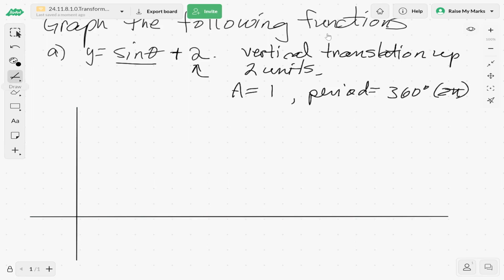All right, let's mark off some points. Let's say there. Let's label things. Let's mark off some values